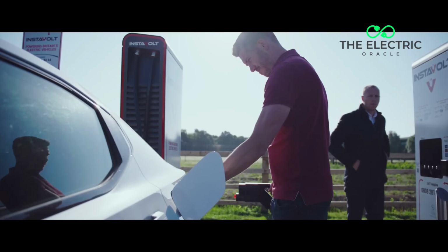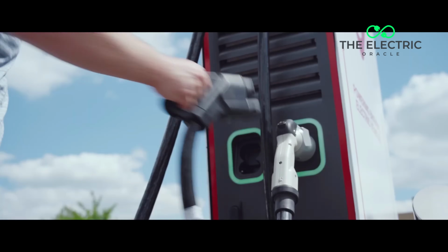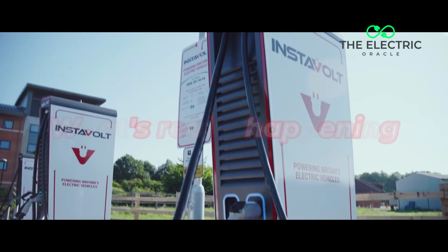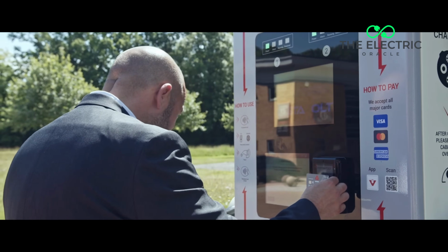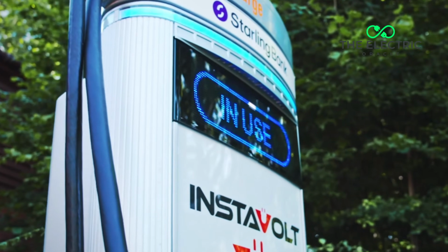So if you're currently thinking about going electric, but are genuinely worried about getting financially boxed in by charging costs, this investigation is specifically for you, because today I'm about to show you what's really happening with EV charging prices in 2025, expose the new traps that are costing drivers, and give you the exact strategies to drive electric without